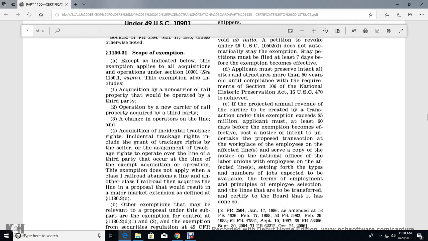The application must preserve the intact with the type of the structure within 50 years of additional compliance with the requirements of the Section 106 of the National Historic Preservation Act, Title 16 U.S. Standard Code 470. Achieve the project annual revenue with the carry with the created with the transaction under the exemption exceed for $5 million. The applicant must also at least 60 days before the exemption, before the effective date, post